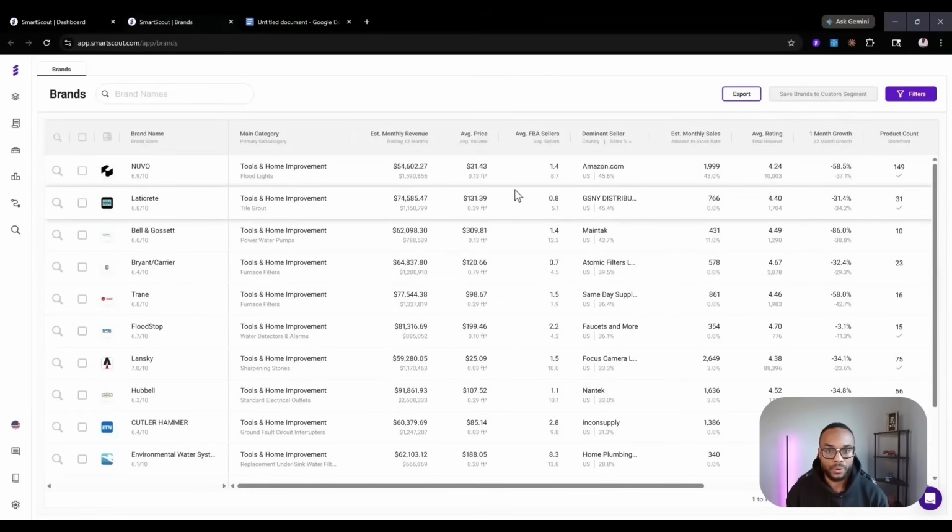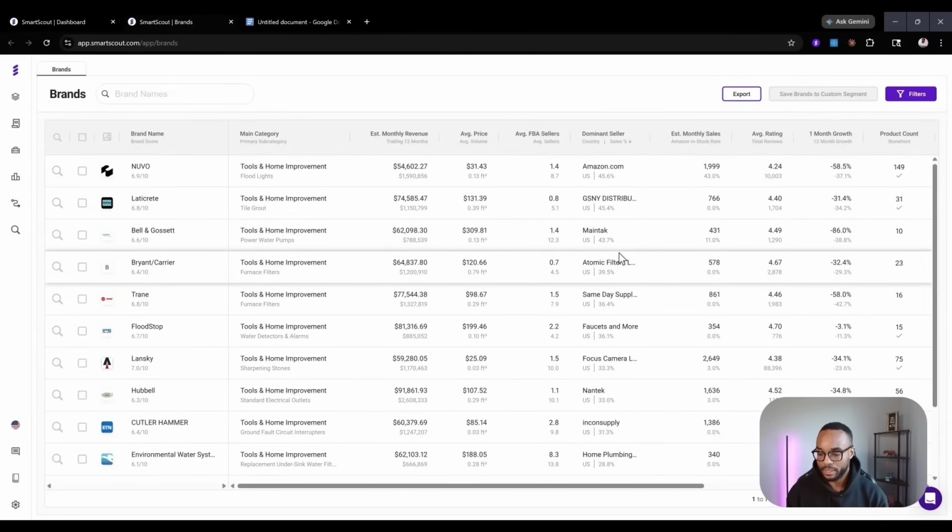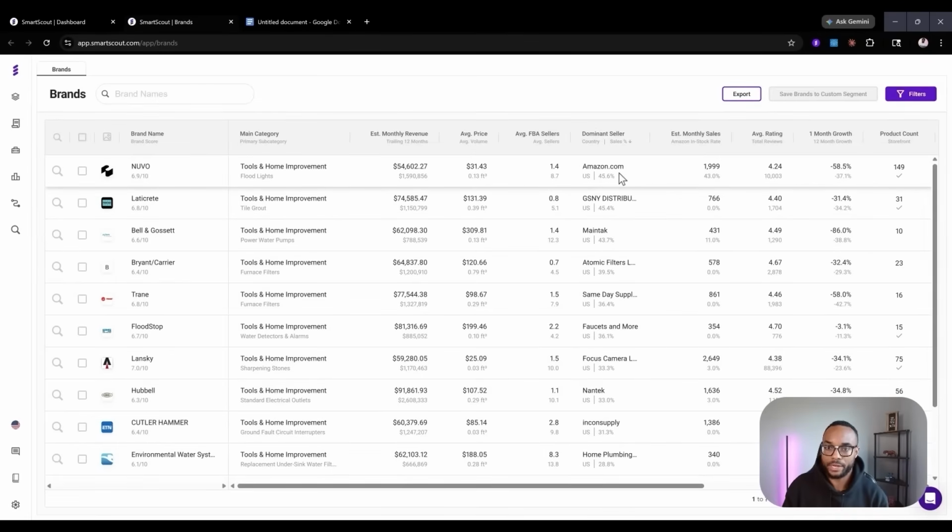And so all of these brands obviously have less than 50% of the dominant sales percentage because of the filters that we entered. And it also shows you the dominant seller. So this one, the dominant seller is Amazon, they're on here half the time, and there's only one average FBA seller. So that probably means that one average FBA seller is Amazon, which means that this might not be the best